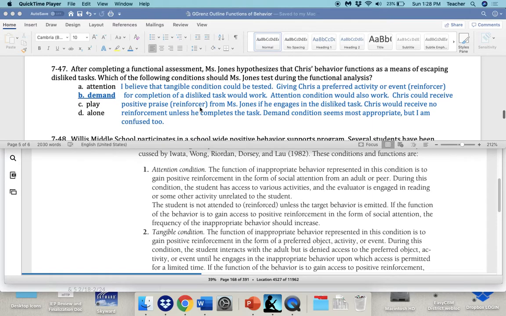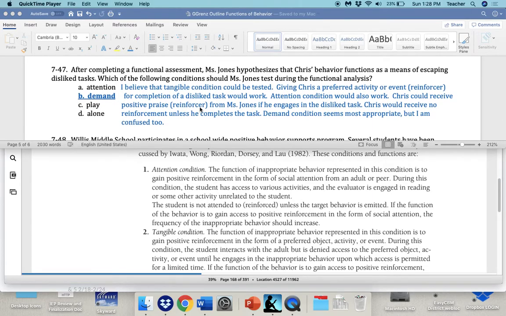I was looking at number 47. After completing a functional assessment, Ms. Jones hypothesized that Chris's behavior functioned as a means of escaping disliked tasks. So, which of the following conditions should Ms. Jones test during the functional analysis? Well, I'm confused because